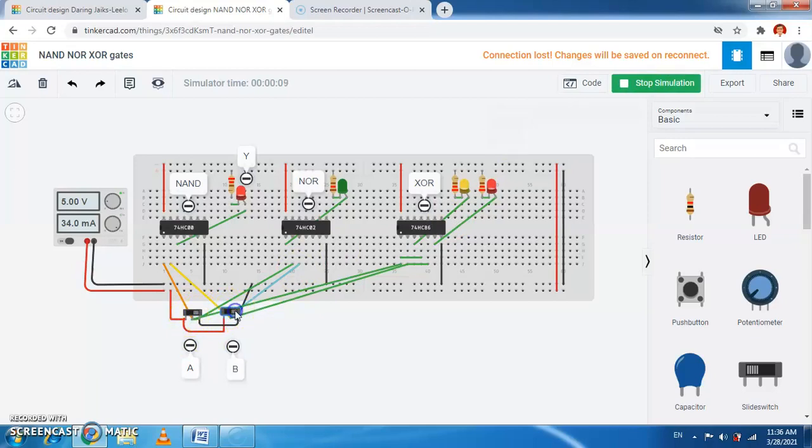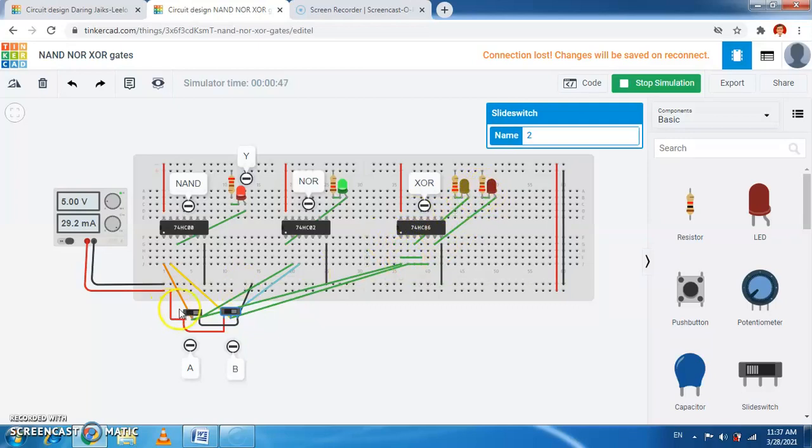Since A is 0, B is 0, this is the NAND gate. When both the inputs are 0, output is 1. For the NOR gate, both the inputs are 0, 0, therefore 0 plus 0 is 0. Their complement is 1. So therefore output is 1. For the exclusive OR gate, since both the inputs are same here, that is 0, 0, therefore output is 0. Here we use the two exclusive OR gates. This is 1, 2 and 3 is output, and 4, 5 is input and 6 is output. Since we are applying the same input to this, both are 0, 0, therefore output will be 0, 0.